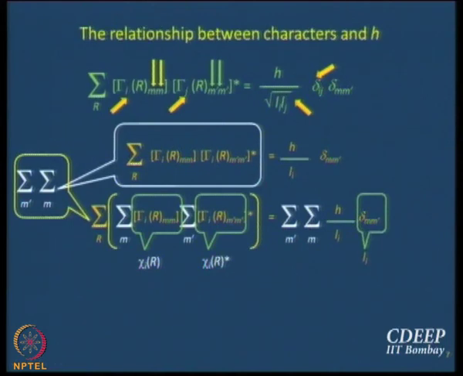And that is a nice situation. You have Li in the numerator, Li in the denominator, Li and Li cancel, you are left with h. So this is the answer. I should actually have written the complex conjugate, right. It is really mod square. Alright, so this is our relationship number 2.